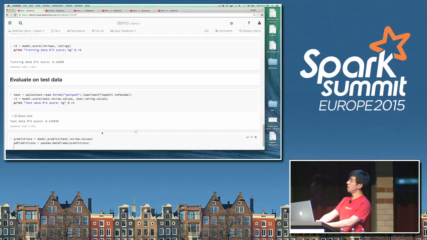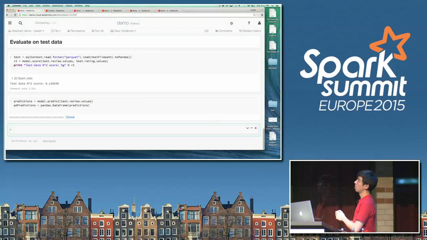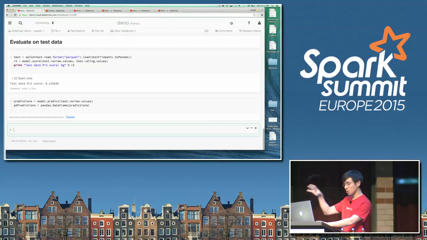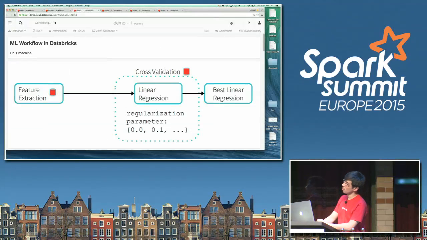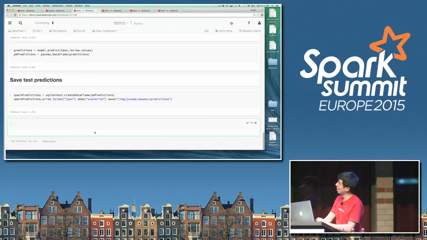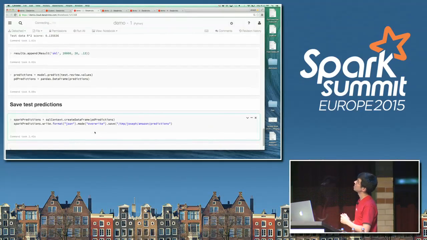So here, what I'm doing is making predictions using the scikit-learn model, converting that into a pandas data frame. And then after scikit-learn is done making those predictions, what I'll do is, actually this pausing here means that the Wi-Fi is being a little iffy. So what I'm going to do is switch to a static version of this, where I've already run this, and